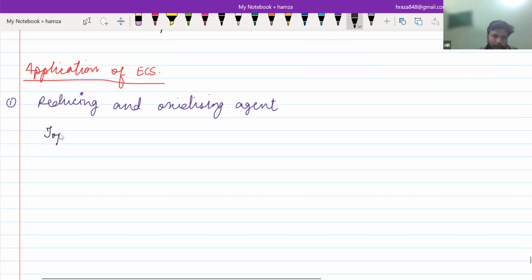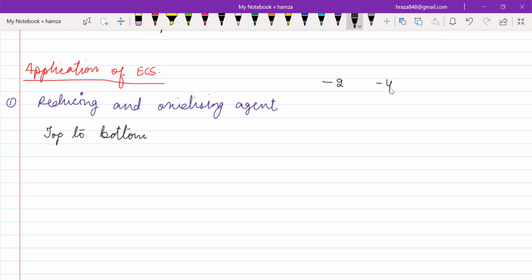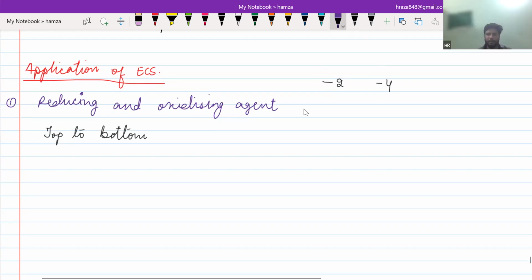When we move from top to bottom, you have to be careful about the value. At the top, the negative value is more. If I ask you -2, -4, which one is greater? -2 is greater. So you have to be careful about the value. When we move top to bottom,